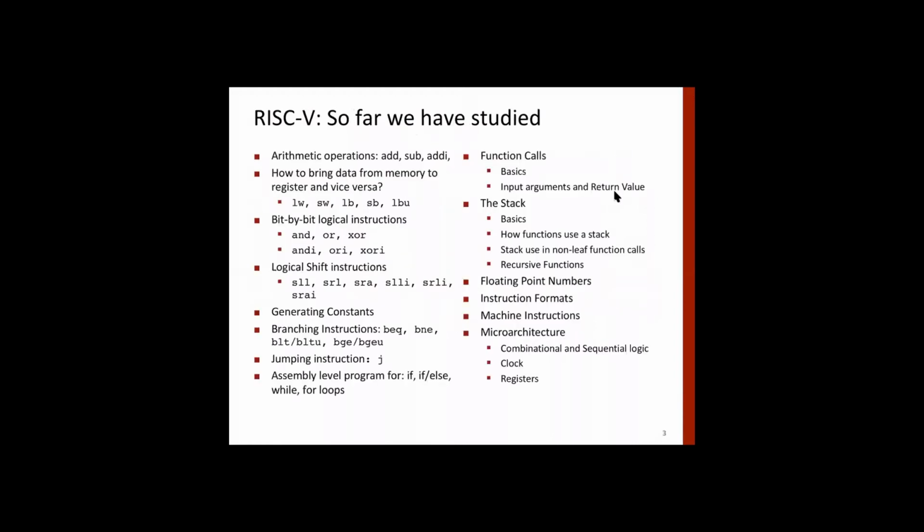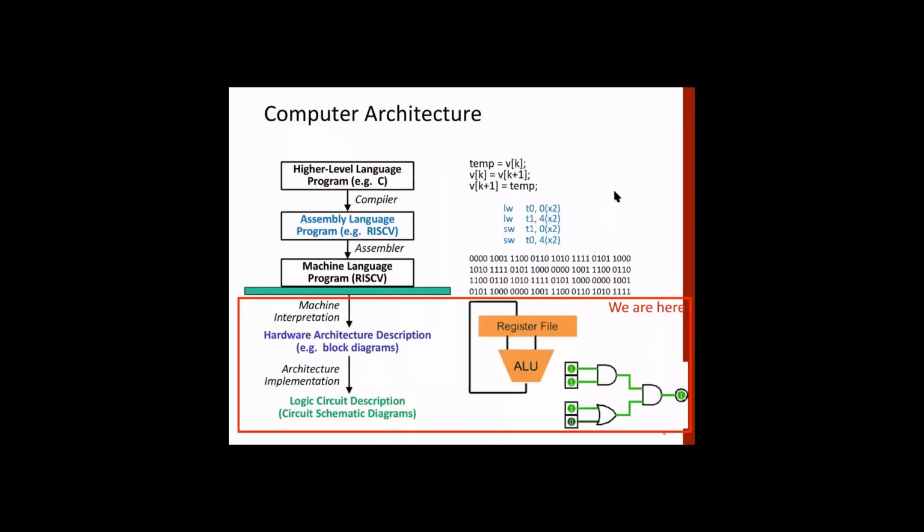We have looked at the instruction set for RISC. We have gone through complete assembly instruction set. Then also we looked at the machine instruction set. We also looked at the concept of stacks, how stacks can be implemented. Then we studied in brief about floating point number. Of course, then we have studied a machine instruction for RISC-V, and then we have just started microarchitecture part. Okay, so this is where we are, and then in this class today we will in brief study about few components and few concepts.